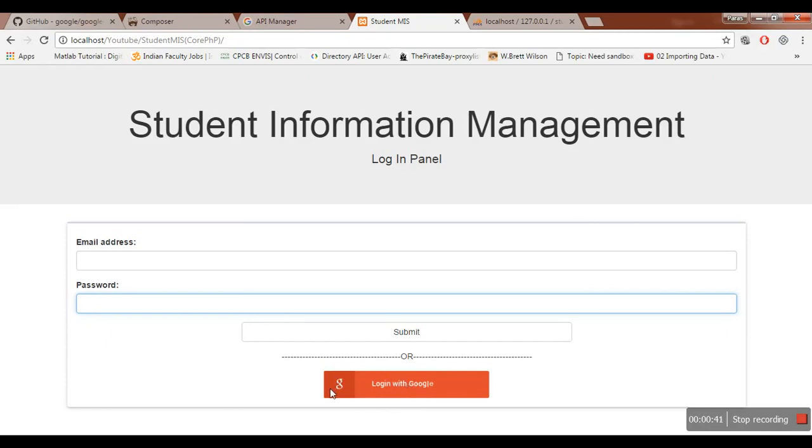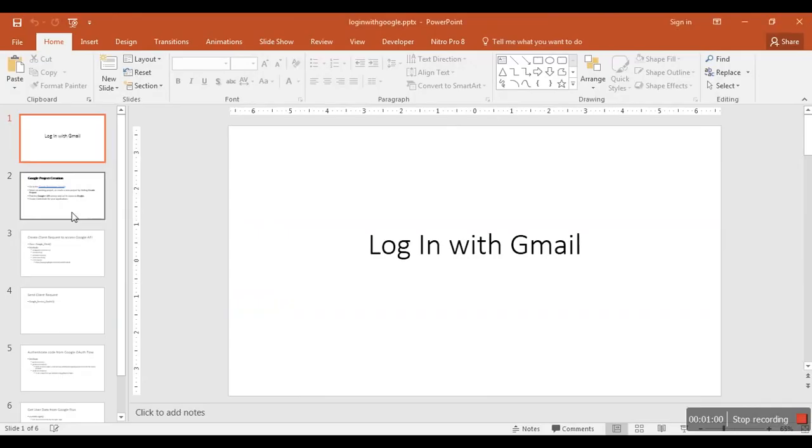Nowadays these things are very popular because there are so many portals and users cannot remember all their email addresses and passwords. These things help quite a bit, and they're much more secure than our traditional login panel. To create this, first of all, you need to understand a few things, so we'll be quickly going over all of them.